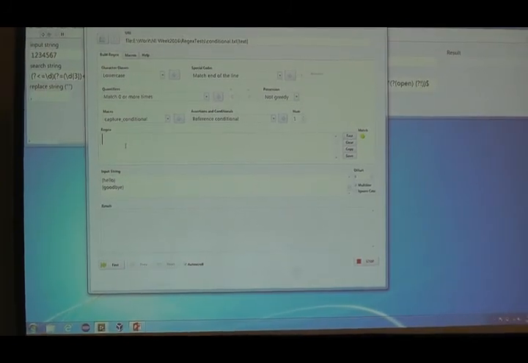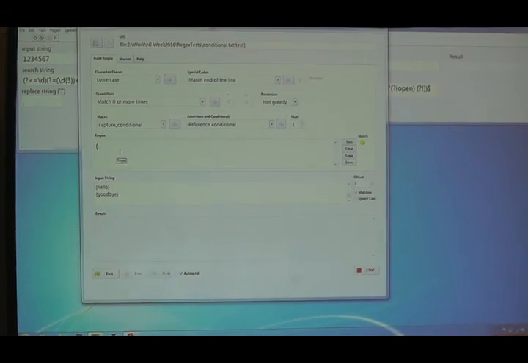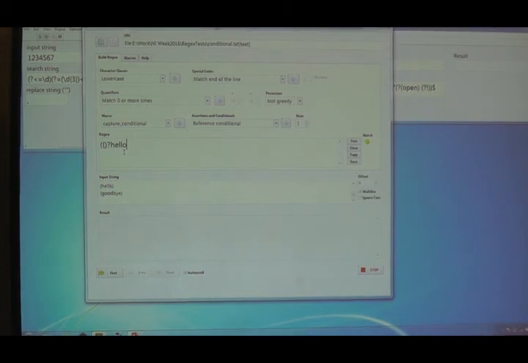Now, here we go. You can actually see what's going on. So we are going to want an optional group that has the curly brace. Hello. And then what we're going to want